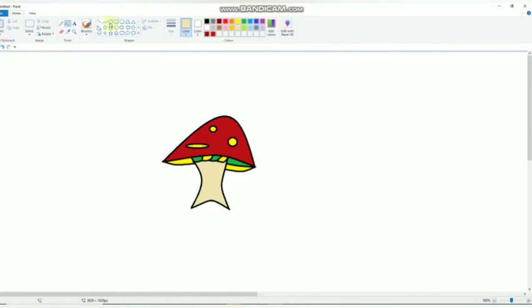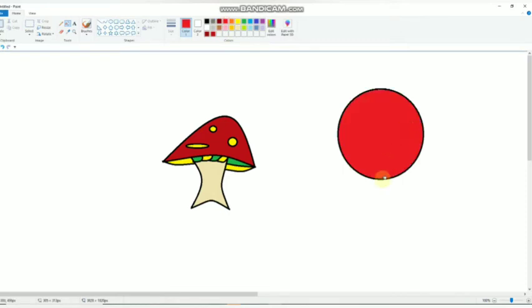If I draw anything here, like a circle, and fill color, now I click on the undo command, you can see the changes. And now I click on the redo command again. See here, like this, the undo command is used to reverse the last action performed and the redo command is used to reverse the effect of the undo command.